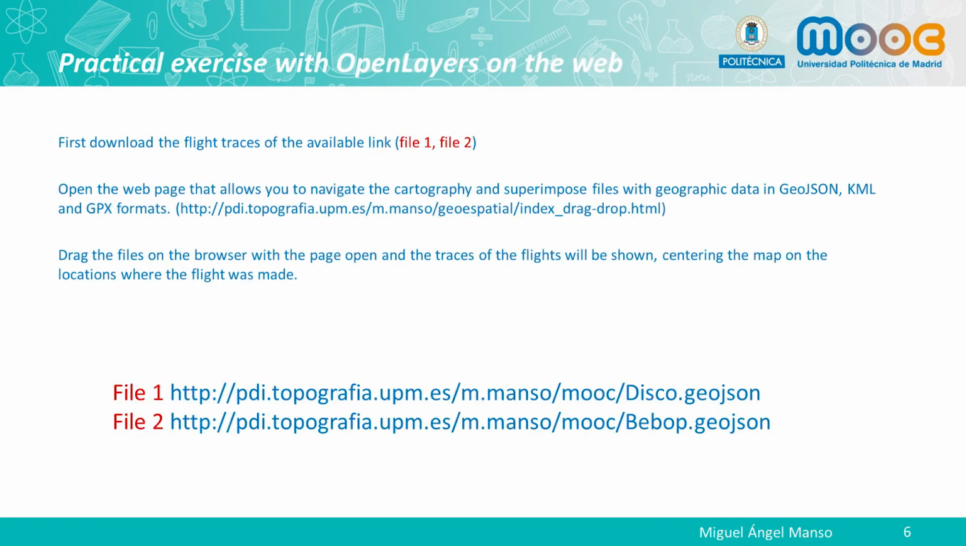Practical exercise with OpenLayers on the web. First, download the flight trace from the available links, file 1 and file 2. Open the web page that allows you to navigate the cartography and superimpose files with geographic data in GeoJSON, KML, and GPX format. The page is